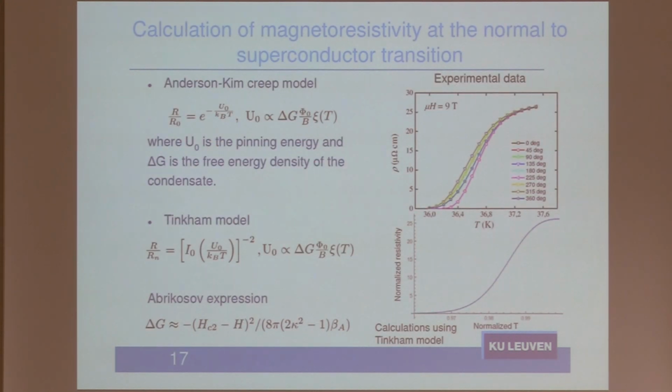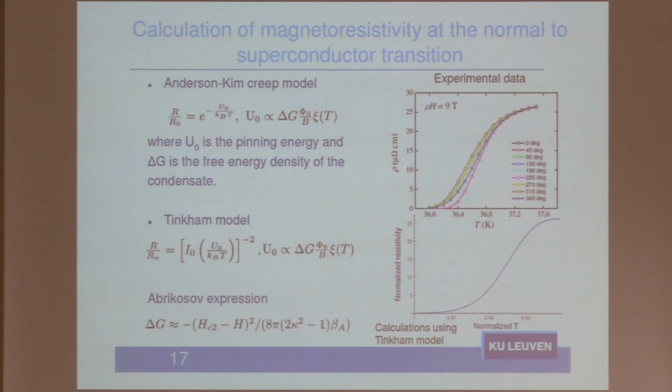Now, how do we simulate the magnetoresistance? Why does the resistance appear? The resistance appears in this system due to the vortices. This is a type 2 superconductor. We have vortices when you have a field and you apply the current. These vortices, due to the Magnus force, start to move. And moving, they create dissipation. And this is the reason for